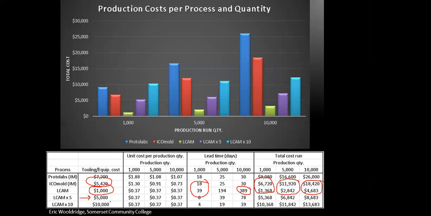So a $5,000 investment gets you 5 printers. Now we're talking 8 days for 1,000 parts, 40 days for 5,000, still up to around 80 for 10,000. And then we even asked the question, well, what about going to 10 units? And then you can see the data across the bottom. So there was a lot of decision making here, and one of the things that I want to really focus